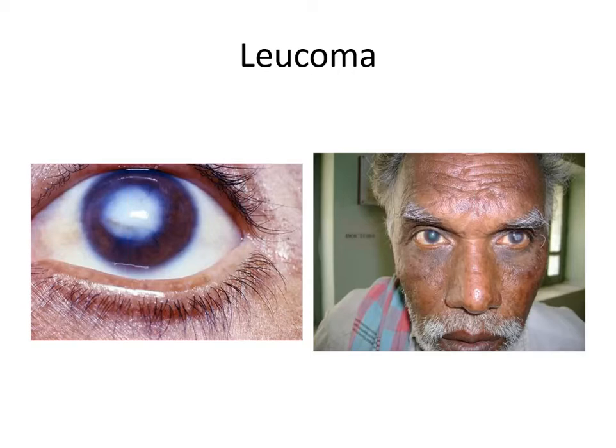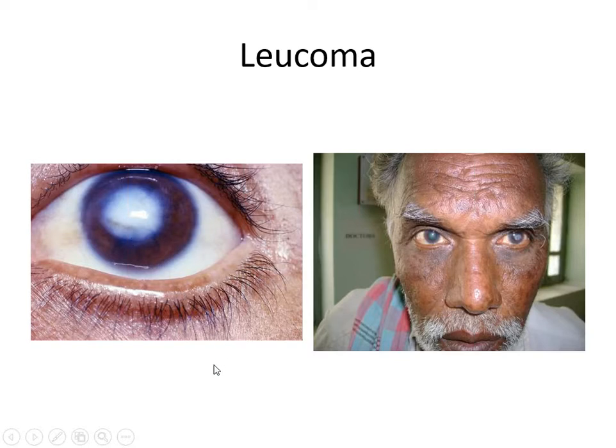Okay. So whenever this type of case is kept, as I told you in the examination findings, the conjunctiva is normal, there is no redness, and there is a big dense leucomatous opacity in the center of the cornea involving the optical zone. It is about 5 by 4 millimeters in diameter. The iris appears normal and the anterior chamber depth is normal. You are not able to see the pupil and the lens because the leukoma is placed in the center.